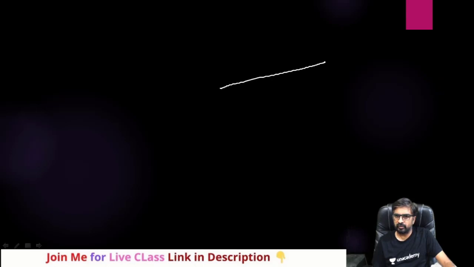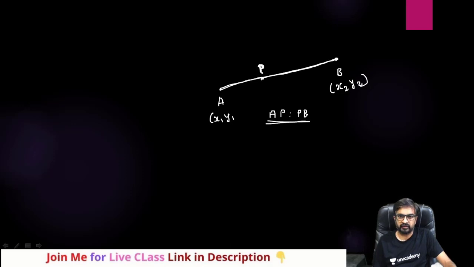Suppose you are given 2 points A, B and the coordinates of them. Let me take these as x1, y1 and x2, y2. If I say one point is here, P, then P divides this line into two parts, so some ratio will form of AP is to PB. That ratio we can find out if the coordinate of this P is given to you, or if the ratio